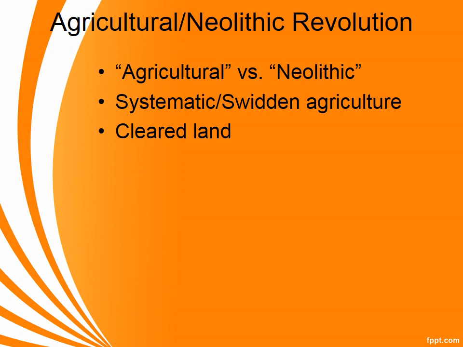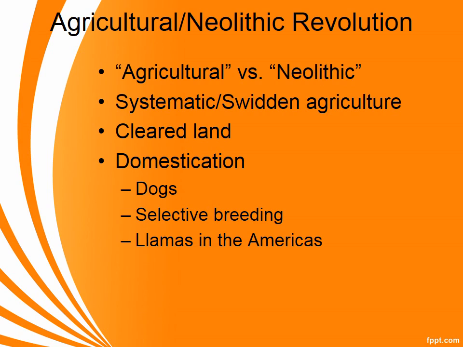One of the first things that you have to do in order to develop any type of farming system is you got to clear the land. Like I said, they're going to use slash and burn technology for that. The second thing that's going to happen with the Neolithic Revolution is domestication. Human beings cannot physically do all of the work that's necessary for farming. Dogs are going to be one of the first domesticated animals, but that actually dates back to hunting and gathering.